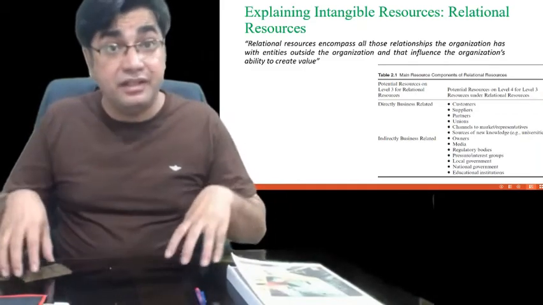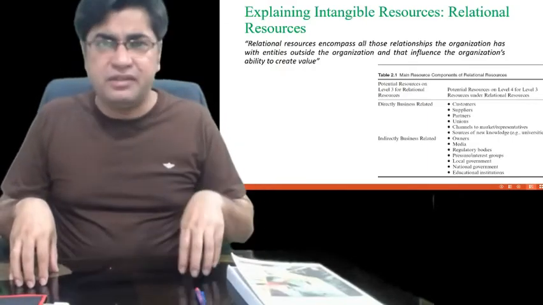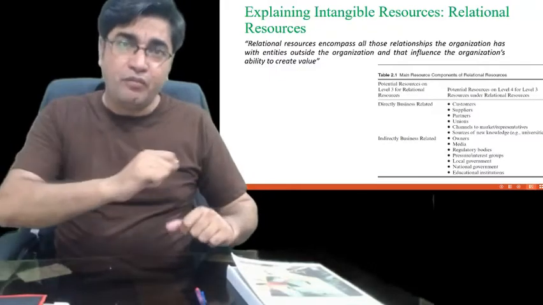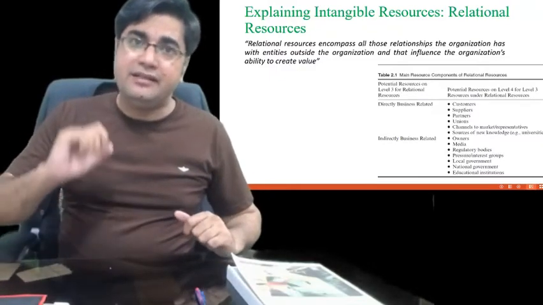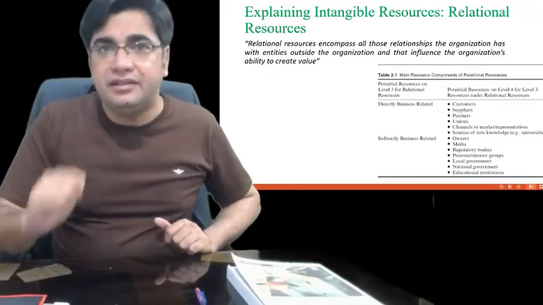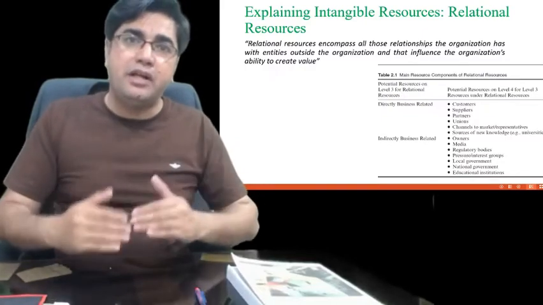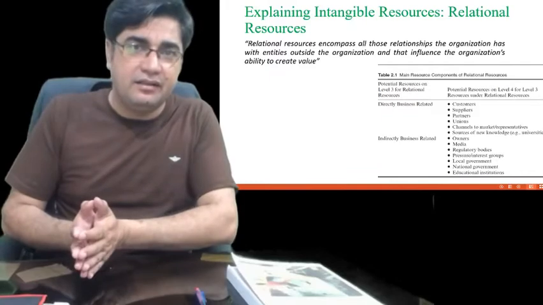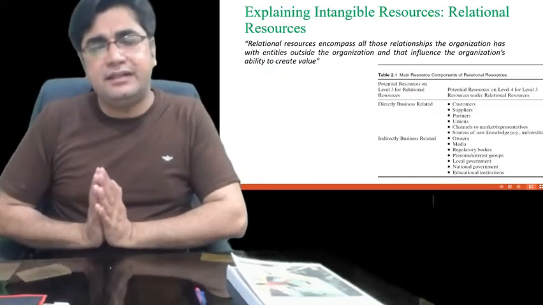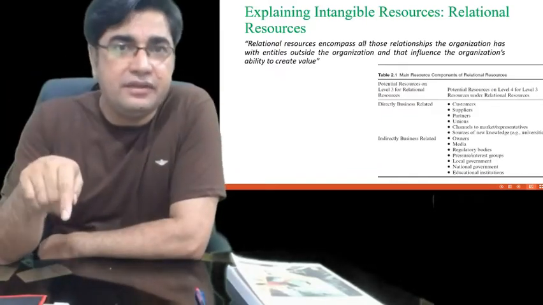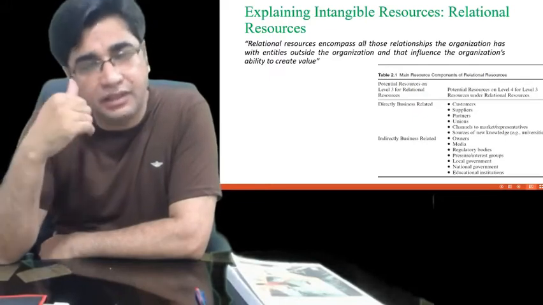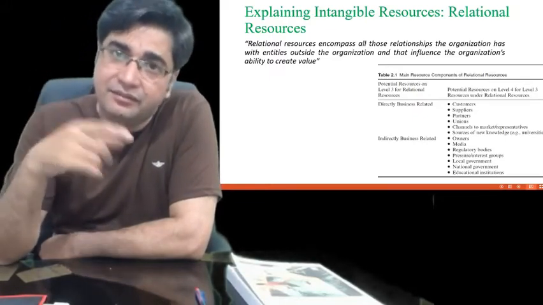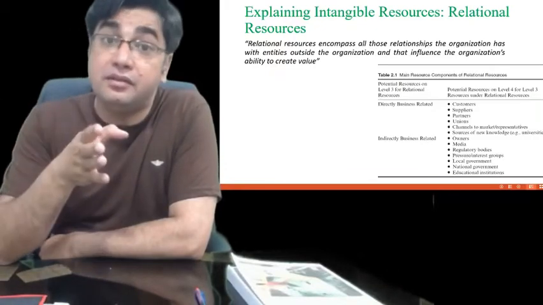The companies which have a good relationship with the customers, with suppliers, with the employees, with the rest of the stakeholders, their supply chains, their products, their resilience, their risk management is much better than the companies which do not maintain this kind of thing, right? So you can see that this is a real test of the relationships when this kind of situation comes. That's why the relationships with all the stakeholders are called resources,